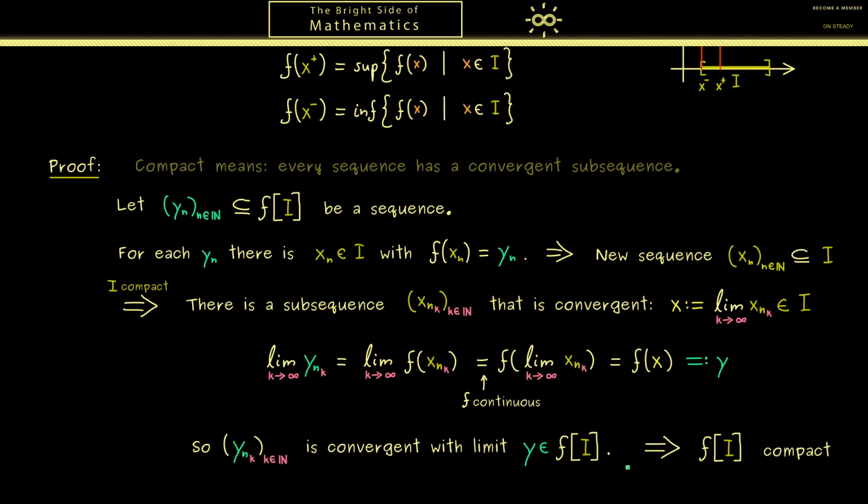So please remember this important result here. Images of compact sets are also compact if we consider a continuous function. And an important implication from this is that a continuous function defined on a compact set always attains its maximum and its minimum. In fact, we will often use this